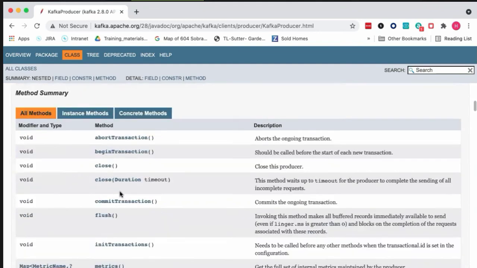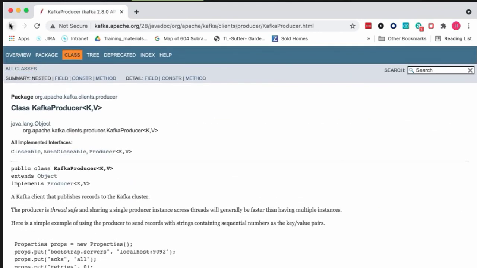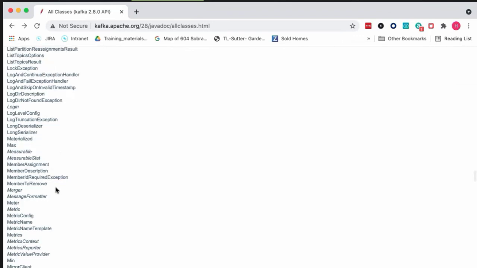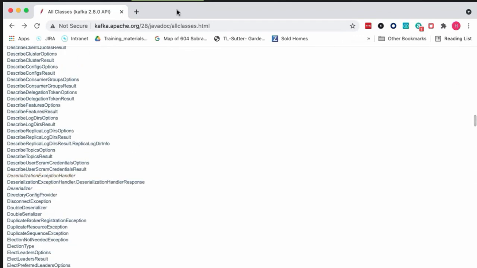So it shows you a little bit of the code, and then it gives you a lot more detail. You can see the same thing for all classes, whether you go to producer API or consumer API, you'll see all the Javadocs here. So, okay, this is number 2. And now I'm going to go to number 3, and we're almost done.